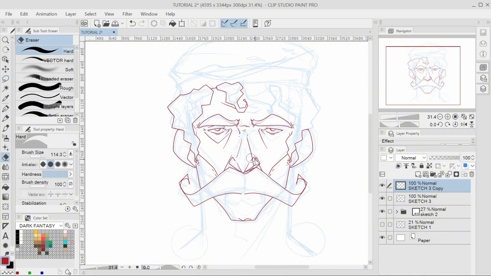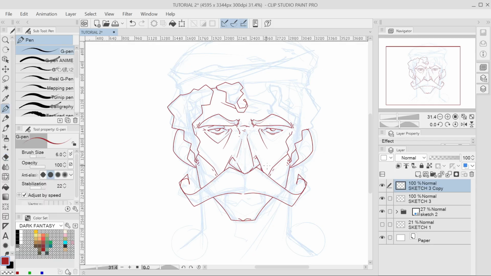This area here, the nose area, overlaps a little bit with the layer below, but it's very easy to correct by just using the eraser tool. And as you can see, it doesn't affect the other layer because I'm only working in the new layer that I just copied. Once finished, I merge the two layers